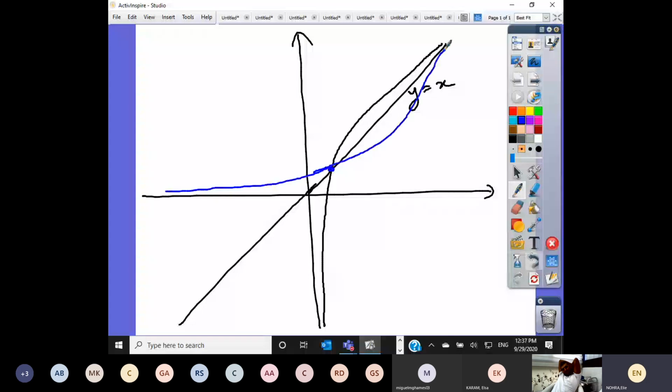And these are the function and its inverse. فهمتوا شو حكيت هلا؟